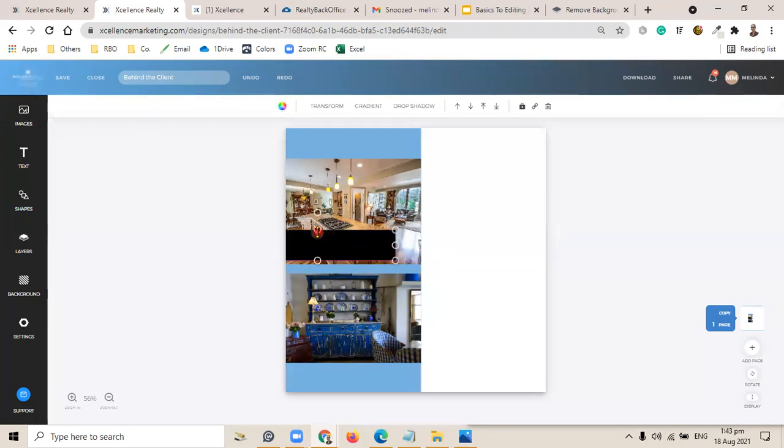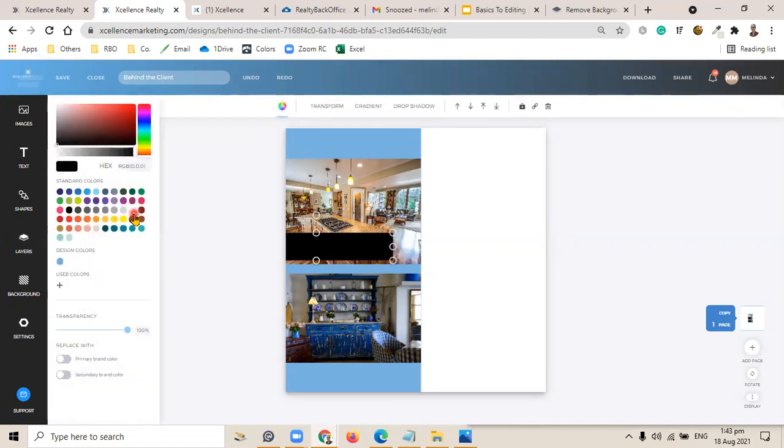Make it thinner, maybe that much. Adjust this part as well. And then we're going to make it white. So let's go to the color wheel, make that white. And we're going to adjust the transparency. Let's put it on maybe 80%. Let me put the 0 there,